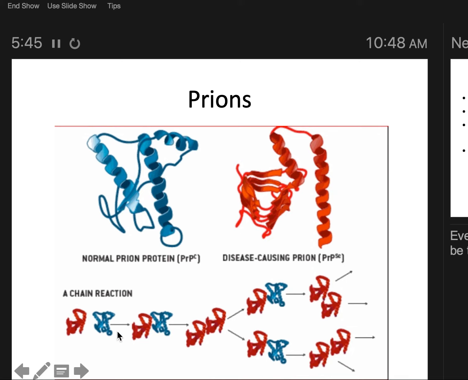One converts one into two. These two each convert another one into four. Those four are going to each go convert another one. Then you'll have 8. Then you'll have 16, and so on and so forth. And with bacteria, you have a death rate, but you don't have that with prions. Yes, eventually everything degrades over time, but you don't have a death rate the way you would with a living thing.